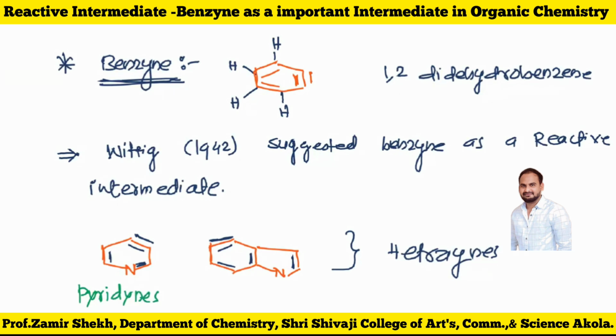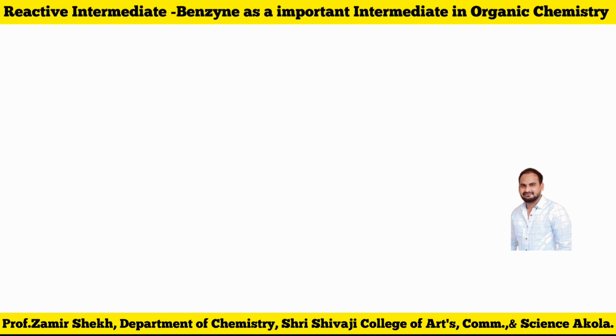The second molecule is indole now. Basically this molecule is called indole, and that will be called indolyne. Both molecules have heteroatoms. That's why these are called heterocyclic arynes. We can simply call them heterocyclic arynes. And there are many various types of heterocyclic arynes, and they are formed in various reactions also.